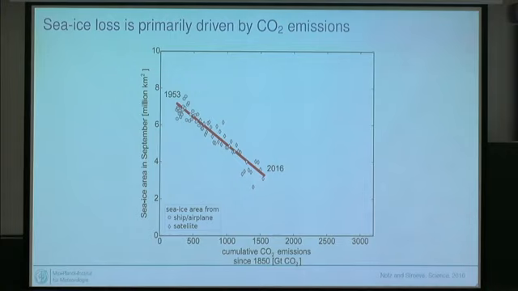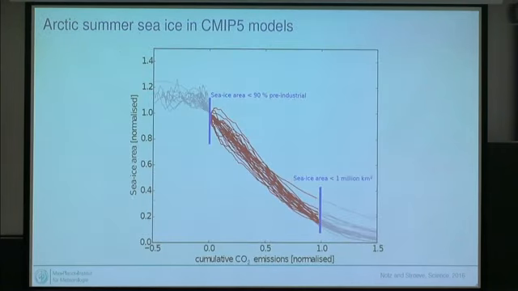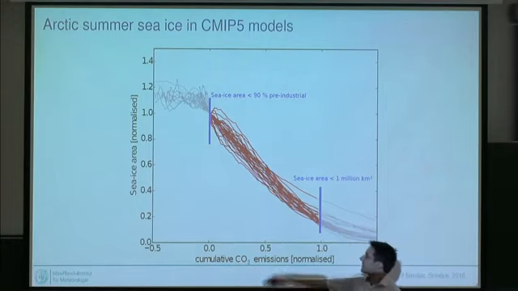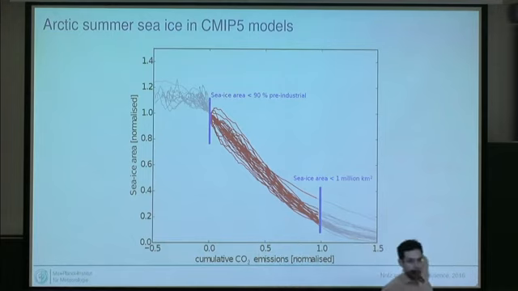One example from our recent study: in the observational record we find a linear relationship between how much CO2 we have emitted into the atmosphere and how much sea ice there was in the Arctic. This is what we find in the observations, with a trend of 3 square meters of sea ice lost per ton of CO2. We find exactly the same relationship in all climate models that we have. Exactly the same, meaning it's roughly linear also in all these models if we normalize them. Cumulative CO2 emissions against Arctic sea ice area seems to be linear, no matter what kind of sea ice model these models have.